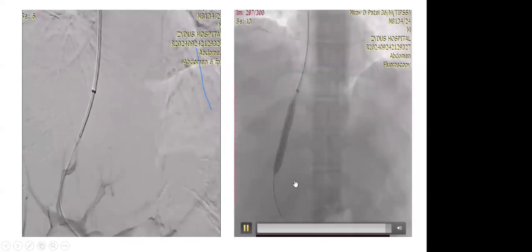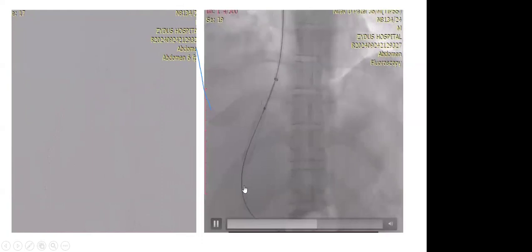So here my question is whether we should cover the covered stent up to the parenchymal tract only, or if a branch portal vein is punctured, should we cover the covered stent up to here? That is 2 centimeters more proximal. So in this case,